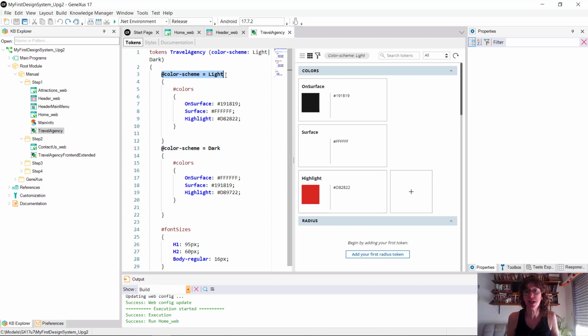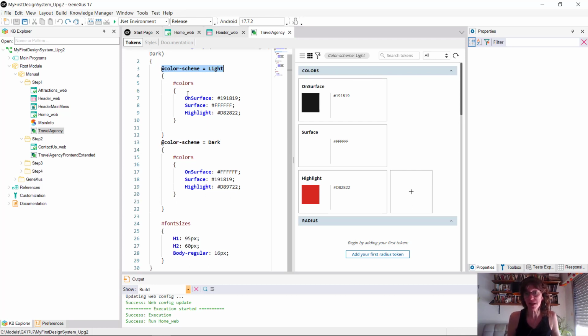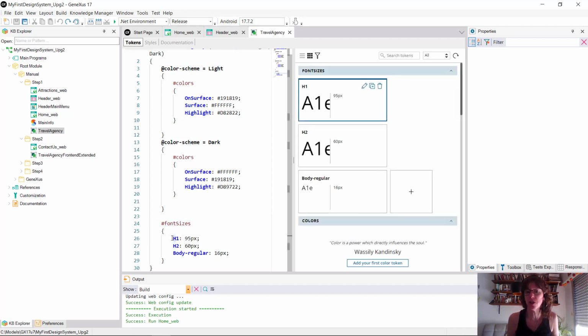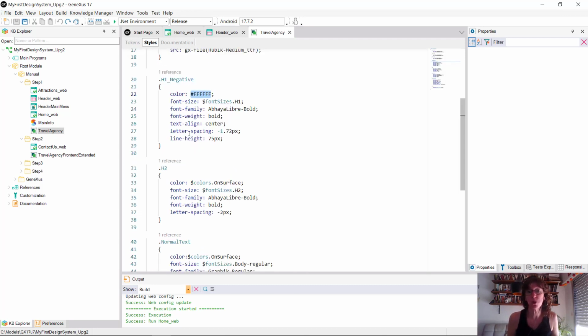And how did we make that change? Well, by saying that if the color scheme was this one here, the values of the tokens would be these ones here. But if it was this other one, we would have these values for the tokens. And apart from those variations for the options, we had defined 3 tokens for font sizes. H1, presumably, if we see an H1, this will mean that we will have texts that are headers. Then we have header 1, header 2, and body regular. And then what we saw was that we could instead use a token rather than a value, both for color and font size in these cases.